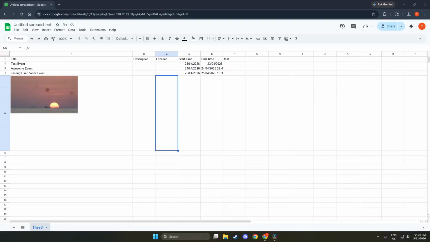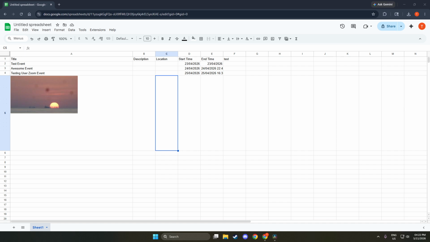In today's video, I'm going to teach you how to fix an image in Google Sheets. If you've ever added a picture to a sheet and noticed it drifting around when you sort, filter, or resize columns, you're likely dealing with a floating image. Floating images sit over the grid, which makes them easy to move, but they don't stay tied to your data. The quick fix is to place the image inside a specific cell so it travels with your rows and columns and behaves like part of the spreadsheet.